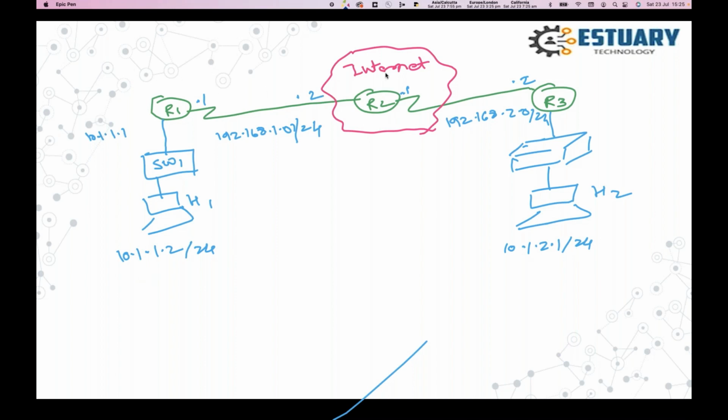And I have an internet in between. So I'm going to form a tunnel in between R1 and R2. And via that tunnel, because R1 and R2 are reachable via internet, I can form a tunnel and then I can reach out to this particular destination. So when I say I'm forming a tunnel over internet, which technology am I talking about? Can anybody answer this?